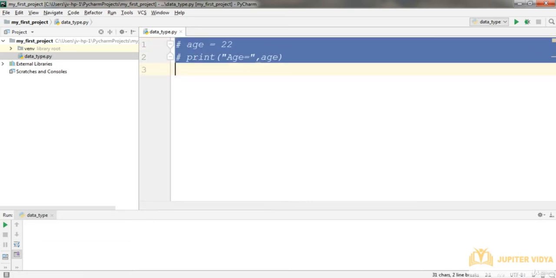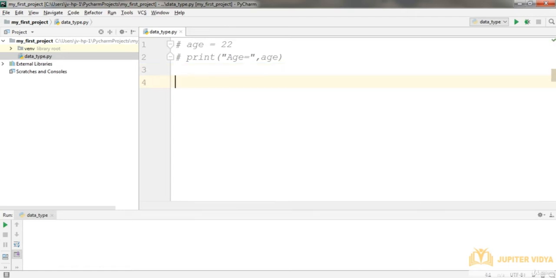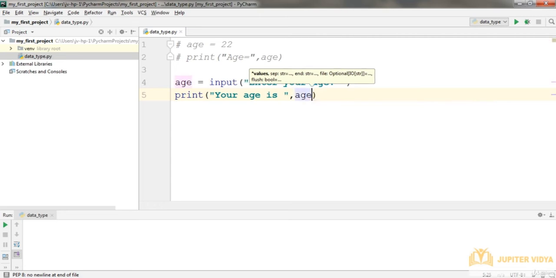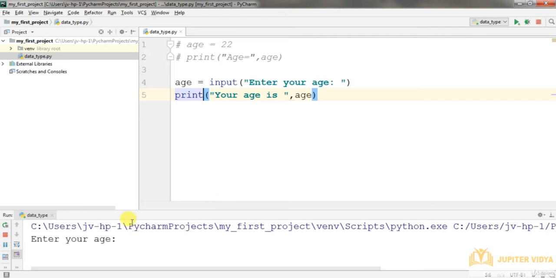So I'll comment this part. So how to take the input from the user? Create a variable age equals to, here we have a function input, and here let's ask, enter your age. Let's print it. Your age is, age, this variable. So this part will be printed as it is, and this will print the value inside this variable. Let's run it. Right click, run it, and you can see here